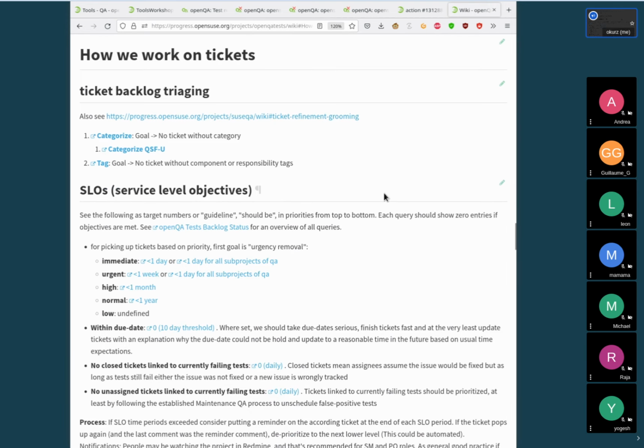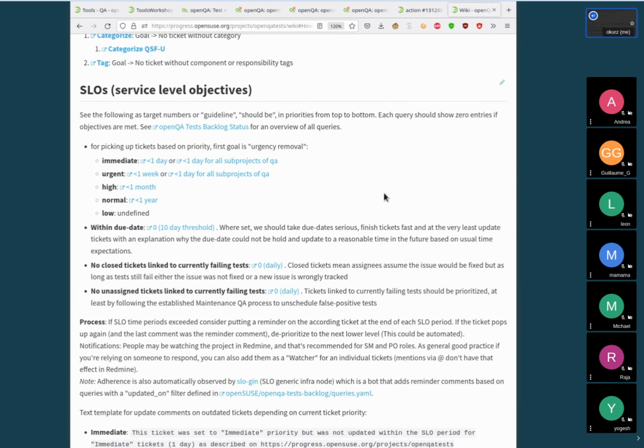Perfect. Now I would like to tell you about the next section. We have service level objectives. So we decided within SUSE that we will take responsibility for the tickets in this issue tracker and all the according sub-projects, and defined multiple targets that we should reach for. For example, for picking up tickets based on priority, the first goal is urgency removal, meaning like, there could be an immediate ticket, some mitigation is applied, the ticket is still open because it still needs a proper solution, but we can reduce the priority. And for immediate tickets, that